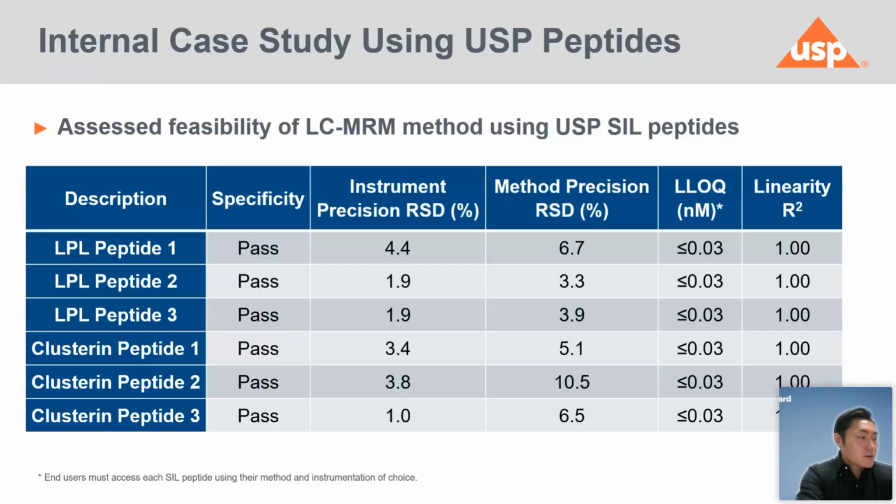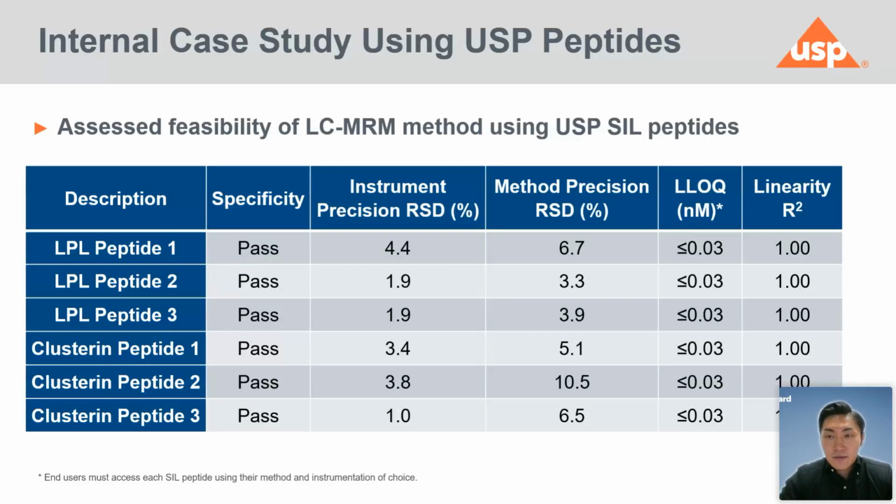And then we also assessed the method precision. This was evaluated by calculating the RSD of the peak area of each of the cell label peptides from duplicate injection with 3 preparations. And each preparation contained 1 nanomole of individual cell label peptides in a USP map solution. And we can see the percent RSD is less than or equal to 10%